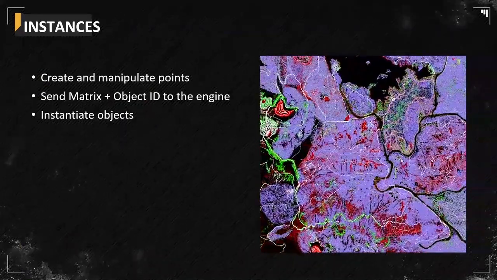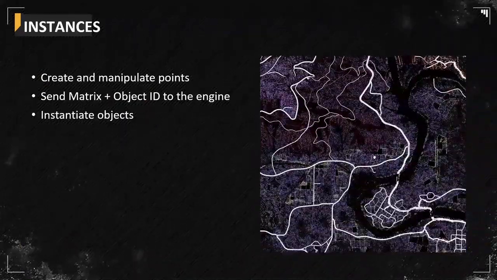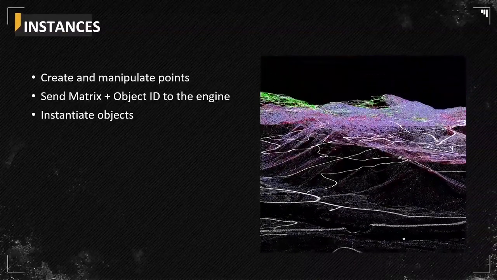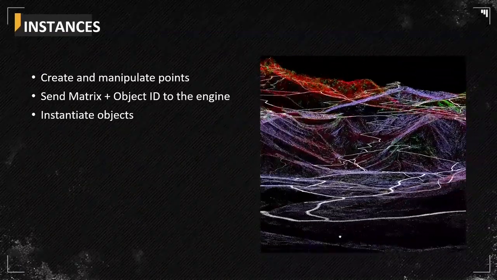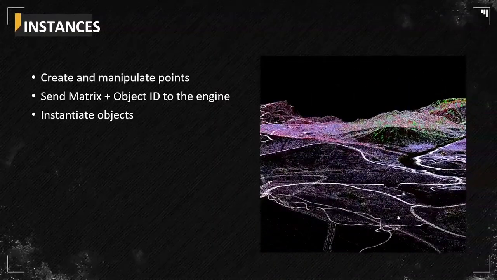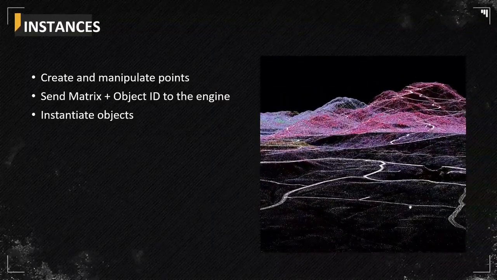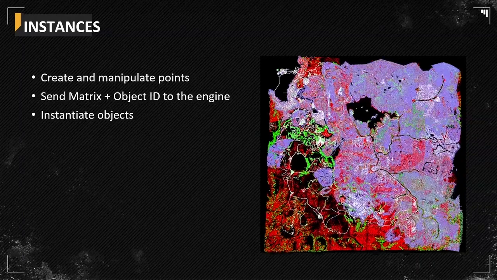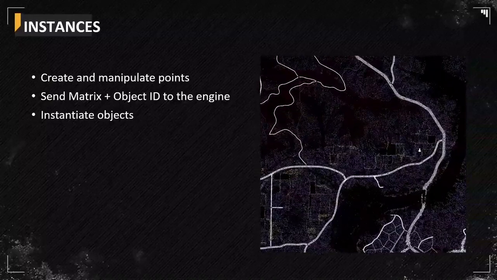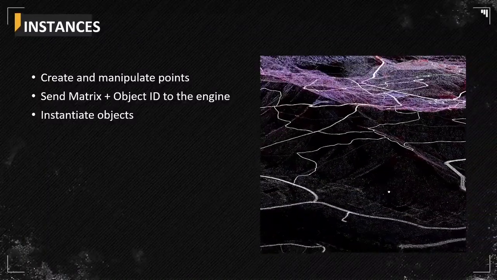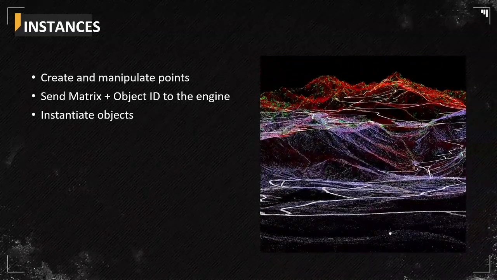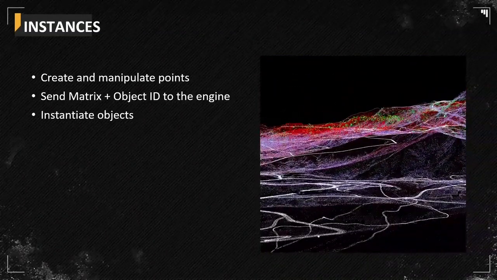So we are saying this one works because it's a GIF, good old technology. So that's a lot of points. That's the 10 millions of points we were talking about, and all the instances spread all across the world. So you can really read the shape, but it's really one object per point. So that's mostly what we do with Houdini. We place points, we define position and orientation, and for each point we save a matrix, a key to one object in the big file, in the game editor, and then the magic happens.